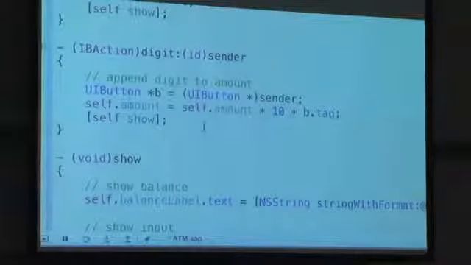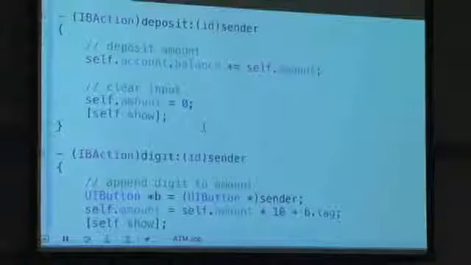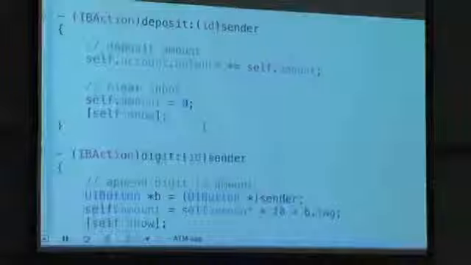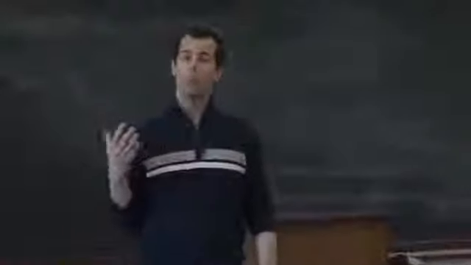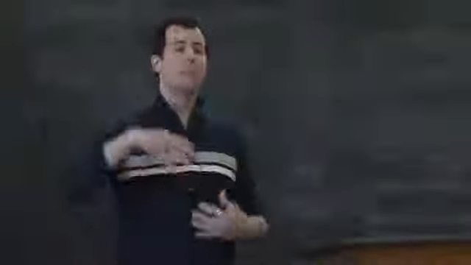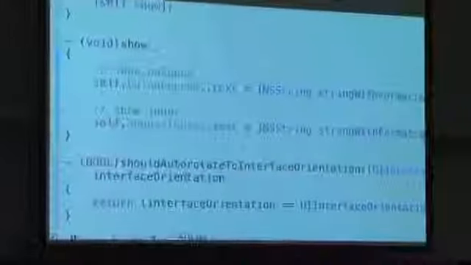So what are the best candidates for testing here? Probably Apple's should auto rotate method is probably correct, assuming I'm just returning true or false. But really the interesting question is, are the methods that I wrote that other people are going to call correct? Because if those things are incorrect, maybe your problems are in those methods themselves, or maybe in some of your helper routines. So a very common approach is to have unit tests specifically for your public API. That is methods that something else is going to call. And in the case here where I actually have a little helper method called show, I could write a test for that